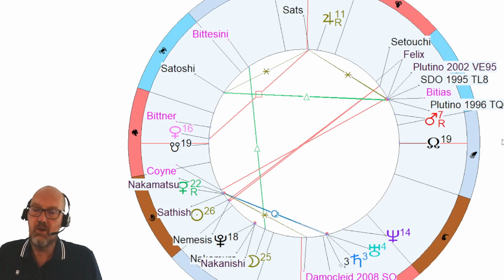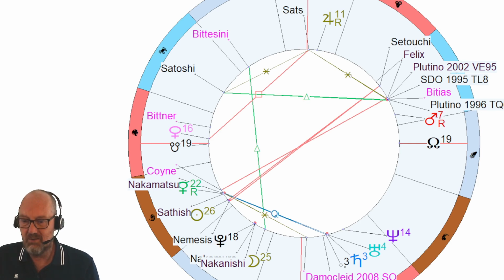What you're seeing here is the discovery chart of Bitias. NASA and all the other observatories find new asteroids every day, and of course they write down the date when they spot a new asteroid. And on the 13th of October 1988, some astrologers will have noticed it already because of this conjunction here,